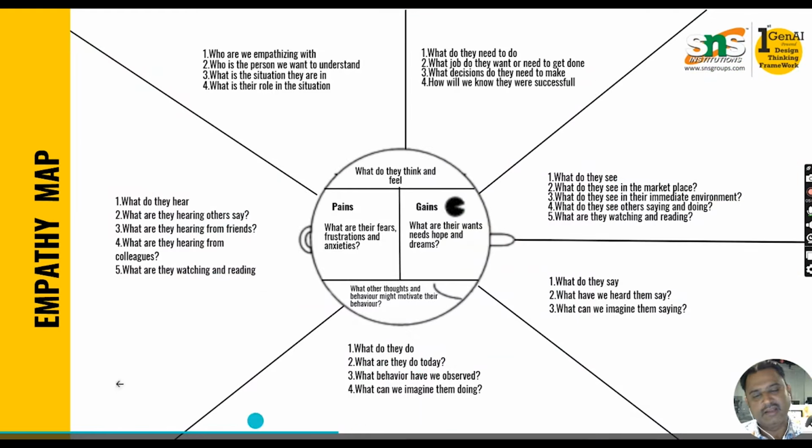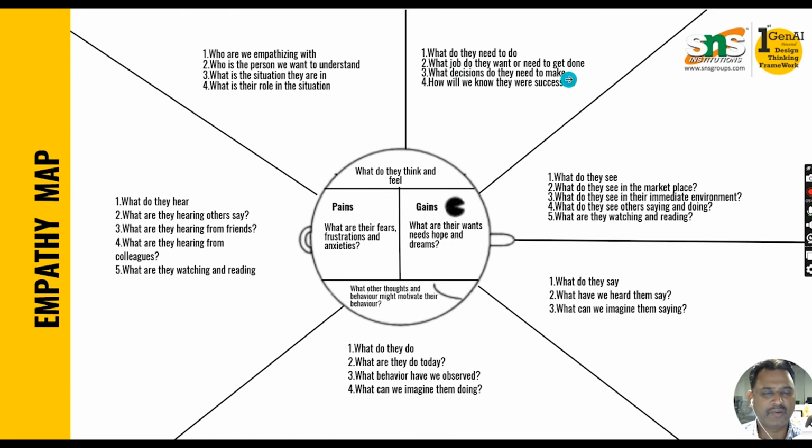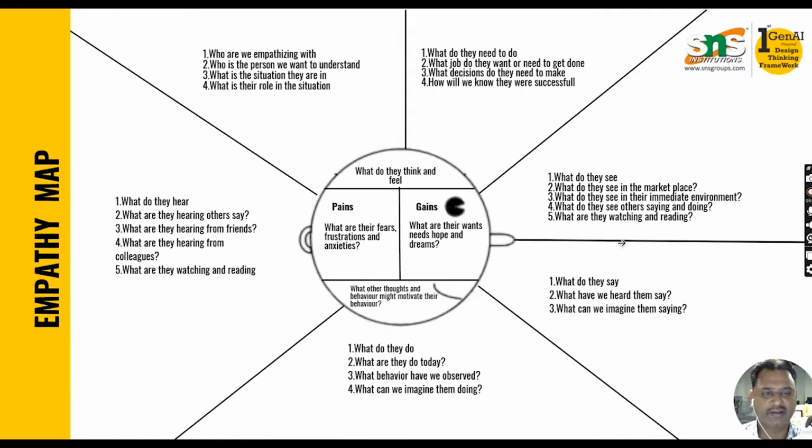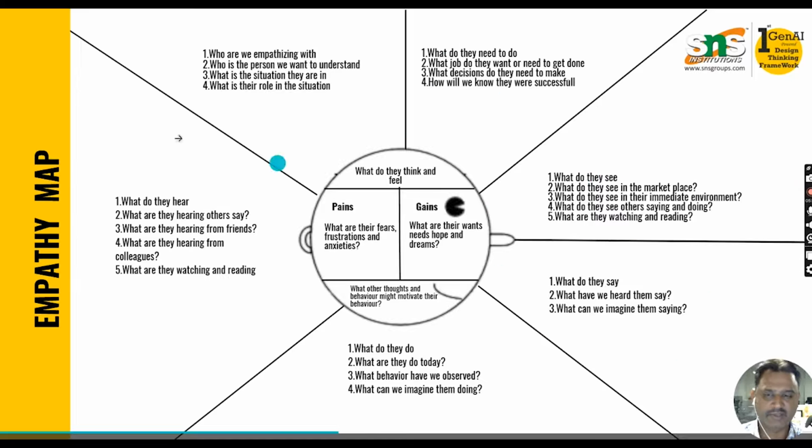And the next one is the empathy map. You need not have the same template for the empathy map. You could even make it like a square, or a rectangle, or whatever design you want to use. I've just mentioned it here. So we could use small bullets or small keywords here, rather than writing paragraphs of content. Okay, so this could be customized, and in whatever way we want to show, we could show the